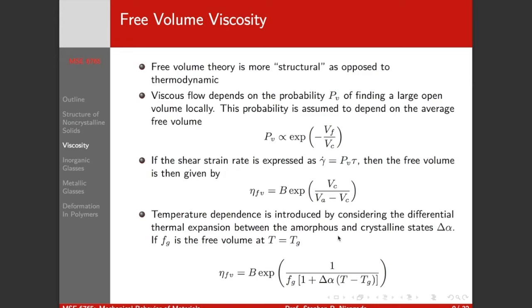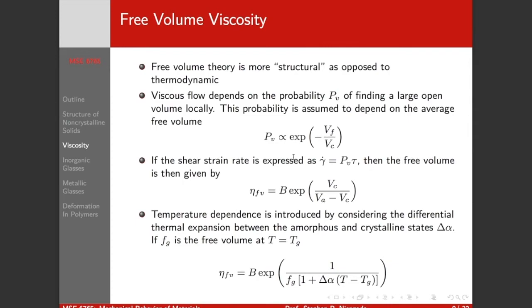It depends on an exponential probability curve. Here we also have a probability curve, but we think about it in a slightly different way. As we said before, viscous flow depends on the probability of finding a large open volume near the atom that's going to make a jump,